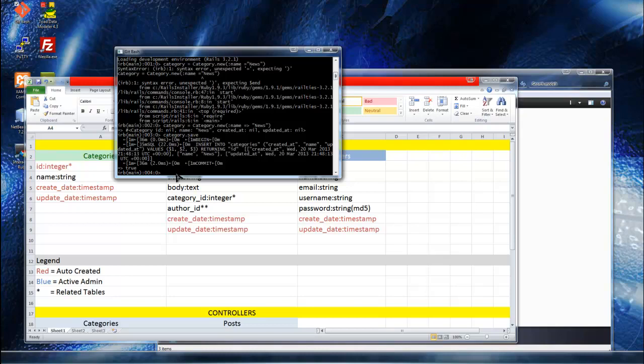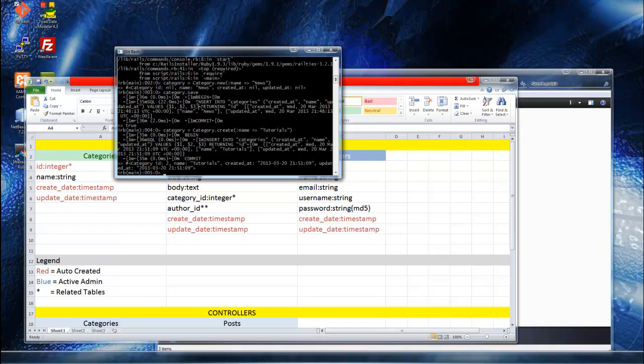So what we want to do is add in our next category. So category equals category dot, now we did dot new, now we're going to do dot create, because we don't want to have to do that extra save step. And it's done the same way. You just want to put in a hash, name, and then the equals and the greater than sign, and then you put the category name in the quotes. So the next one will be tutorials, and we can press enter, and that created, you can see here, category, the ID is number 2